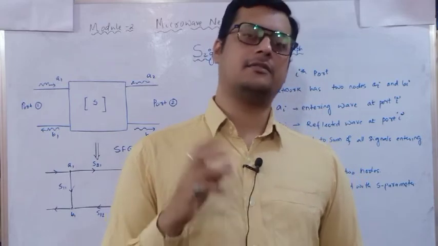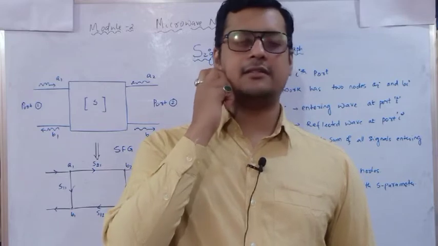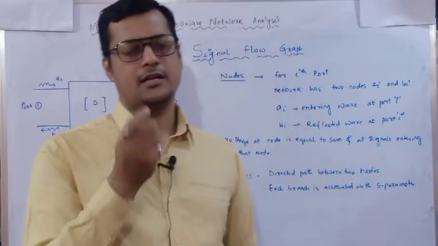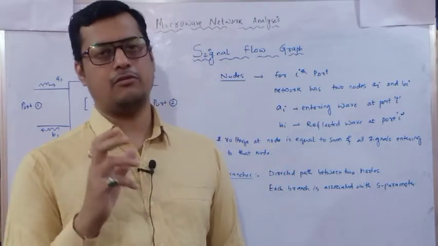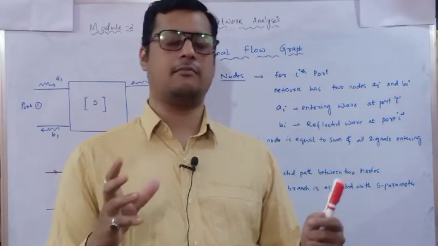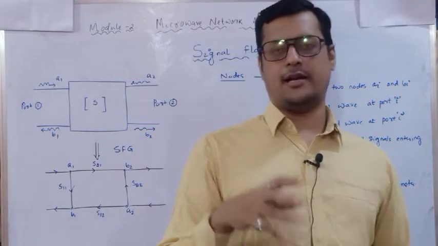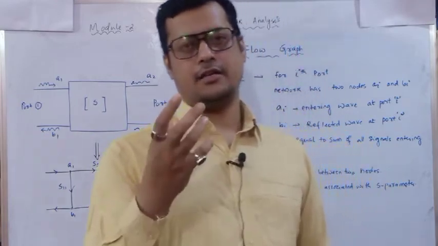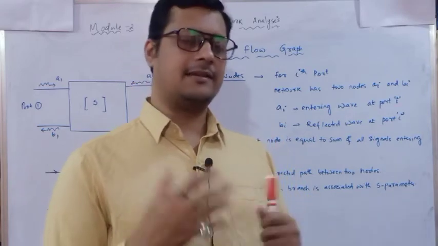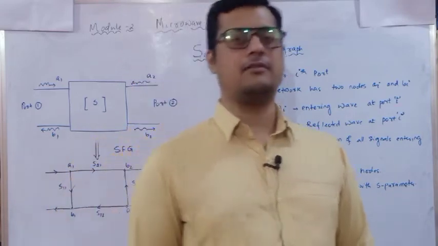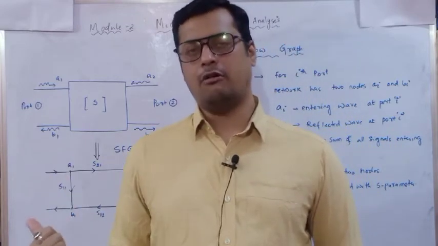Now, when we are discussing the signal flow graph, it is quite similar to what we have studied in our control system. In that also you have seen how to identify the total block diagram, how you have converted the total block diagram into the signal flow graph, and how you have identified the transfer function with respect to input and output end. Similarly, with the help of the same concept we will proceed to discuss the signal flow graph.